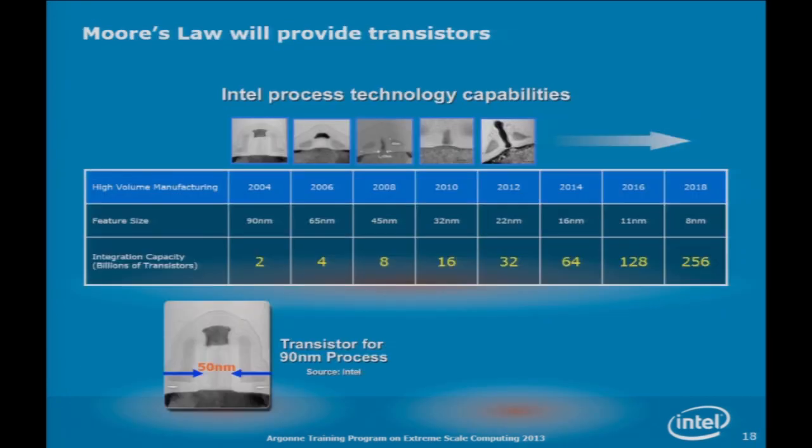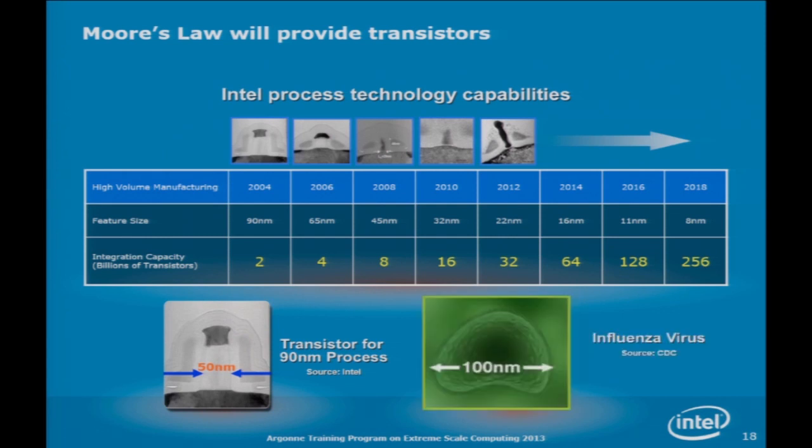This is Intel's roadmap, and this would be the exascale generation, where you get 256 billion transistors on a die, and of course it gets harder and harder. It's interesting. I always used to wonder, if we have such a roadmap for how to get there, why don't we just get there in one jump? But at each step along the way, they don't really know how to solve the problems in the next few steps. So each step really has like 2 years' worth of research by hundreds, maybe thousands of physicists and chemists and others to make it work.